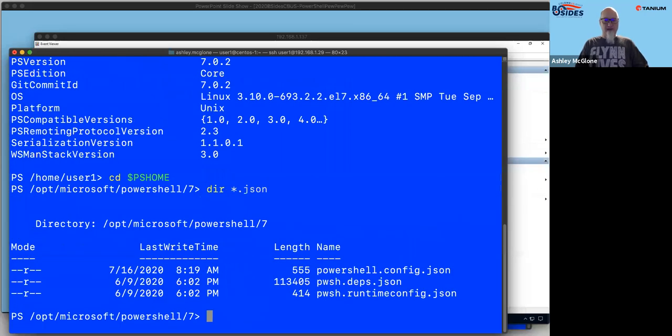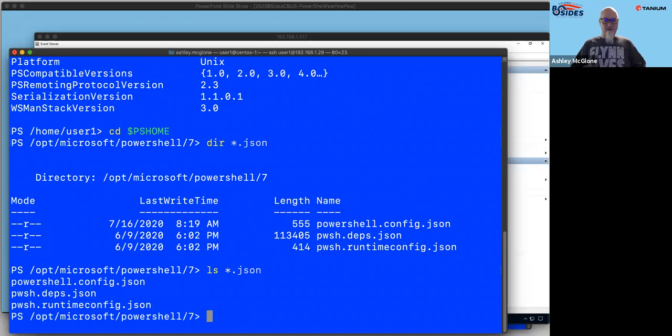Star.json, and here is a Windows style directory listing on a Unix box. It's hilarious. Anyway, inside there, for everybody else, I can do ls.json, right? There it is. So PowerShell.config.json, cat that file,